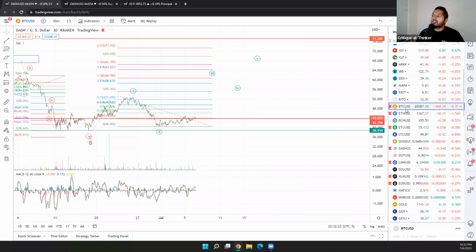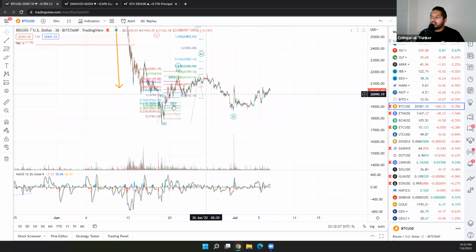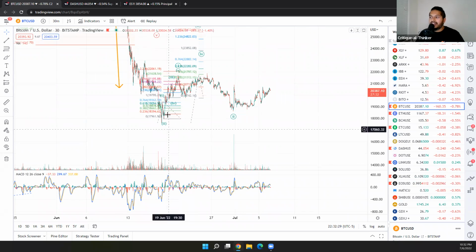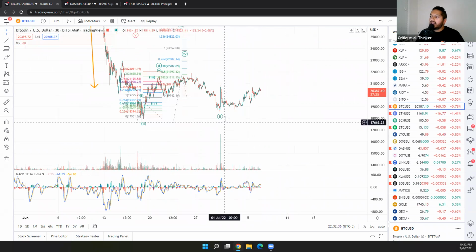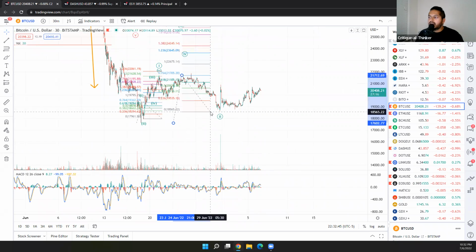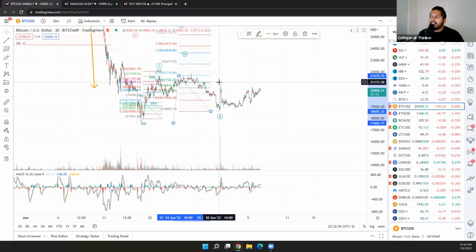Other coins are also in a similarly ambiguous pattern where this is still best identified as an impulse and a 3-wave pullback, especially if you count this as an A, B, and C. This is Bitcoin, of course, 30-minute chart. The action since hasn't been particularly encouraging, but it leans bullish. This could be a nested 1-2 setup with a little bit more action to come to give us more upside. So if I put our fib extension tool here, we've gotten to about the ideal nested 1-2 first subwave of